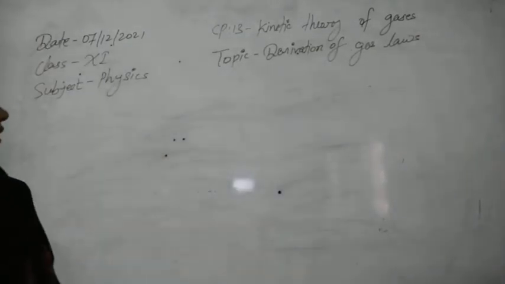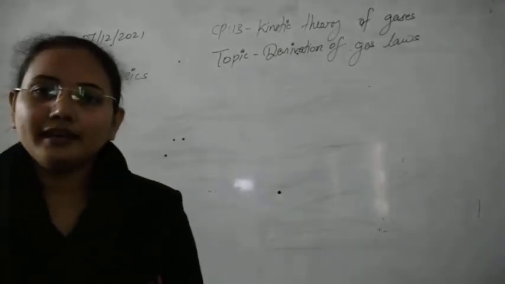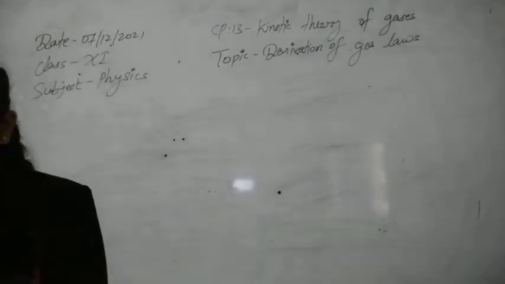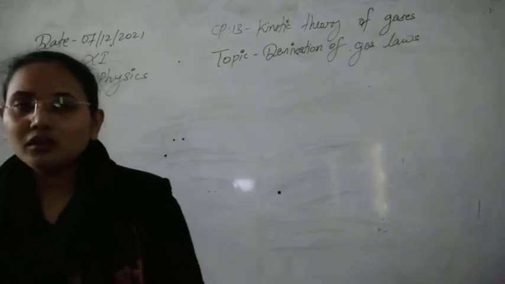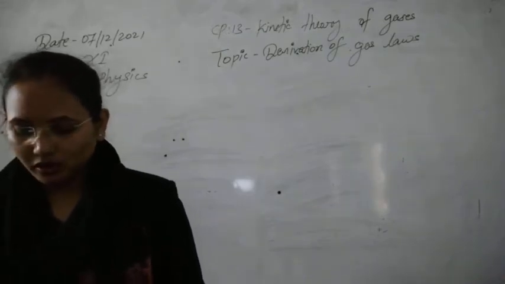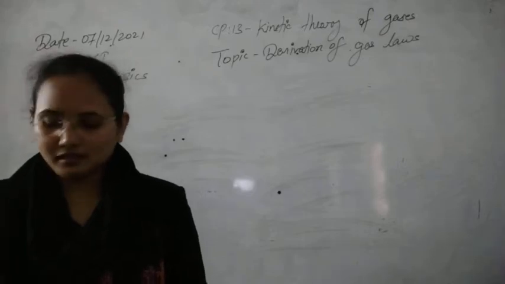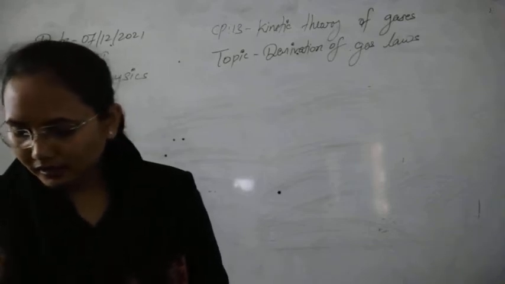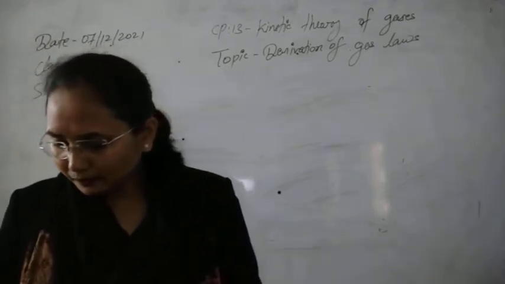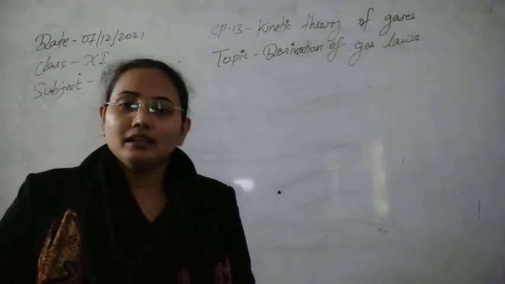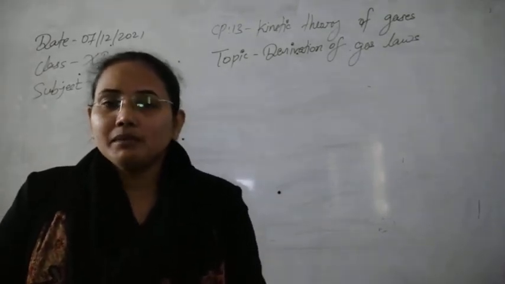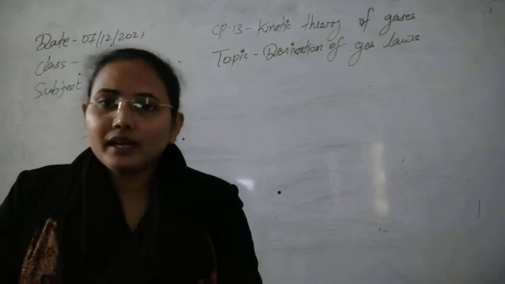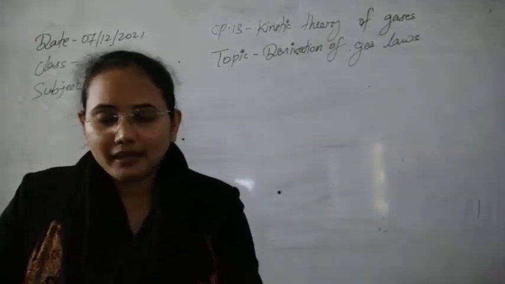Now the next law can also be derived with the help of the pressure exerted by the gas, or the kinetic theory of gases, that is Graham's diffusion law. So let's see first of all what Graham's diffusion law is. The statement of this law is that the rate of diffusion of two gases is inversely proportional to the square root of their densities. So it means that if you find out how the diffusion of two gases is going on, the rate of their diffusion is inversely proportional to the root of density. So let's derive this with the help of the kinetic theory of gases.